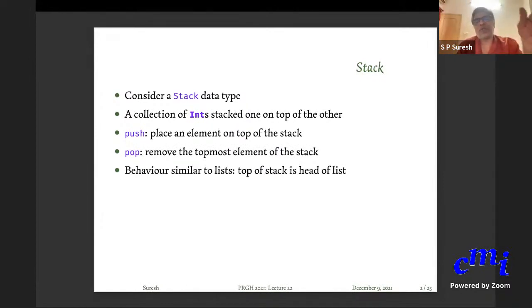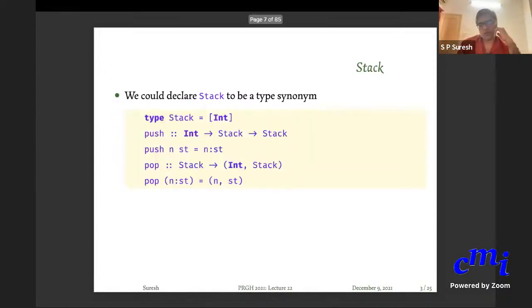Now you will notice the moment I mention this that the behavior is similar to a list, where you can consider the head of the list to be the top of the stack, and pushing is just adding an element at the front. Popping is just removing the element from the front, so it's computing the tail. Therefore, an immediate implementation of stack would be a list of integers.